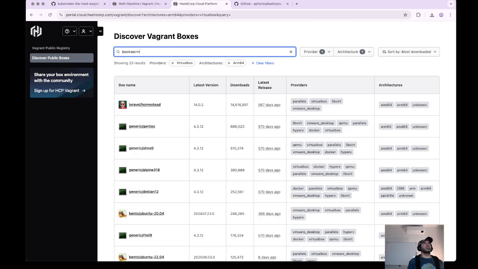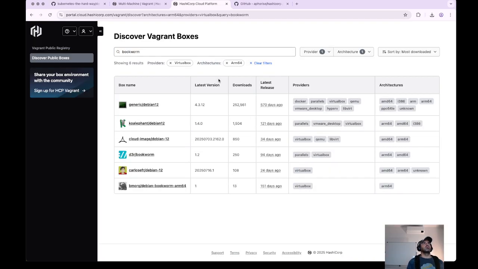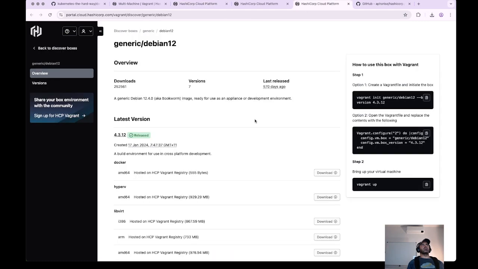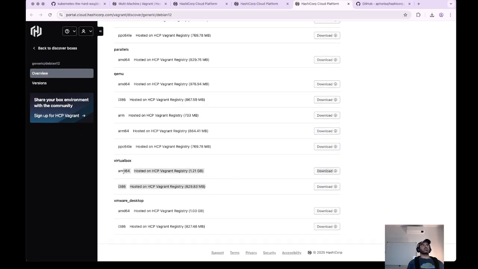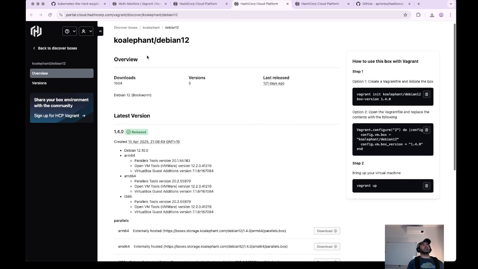The thing about this is that sure might work. Well, let's see. If I go to, it's still sorting out and filtering generic Debian 12. Well, that's actually not the case because when I go to my specific provider, that combination doesn't work. I'm not seeing an ARM64 here. So